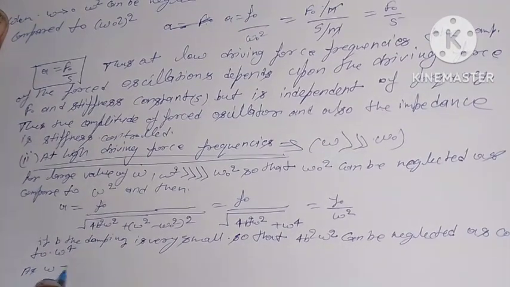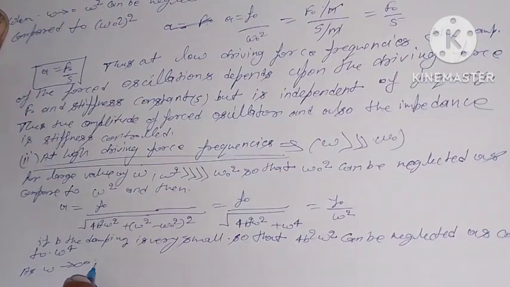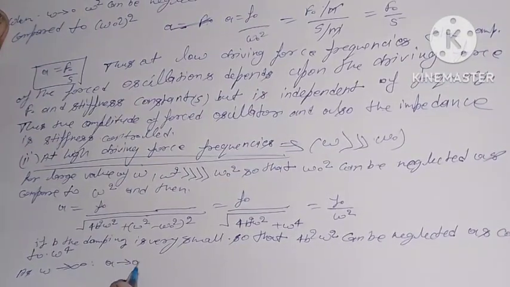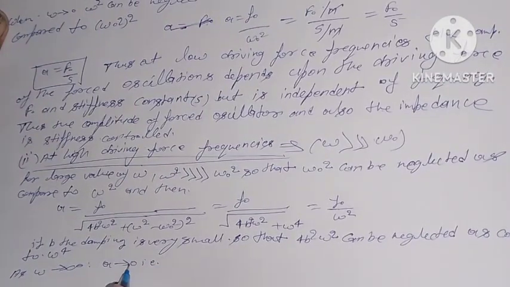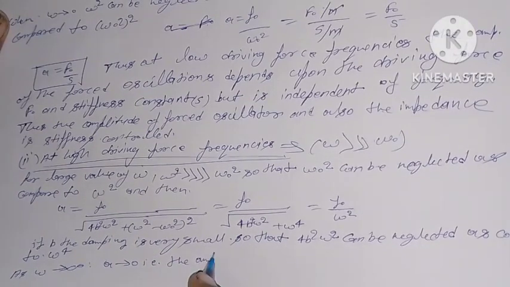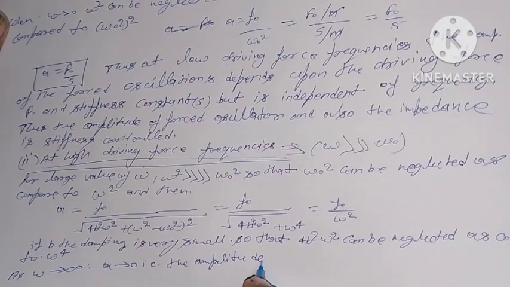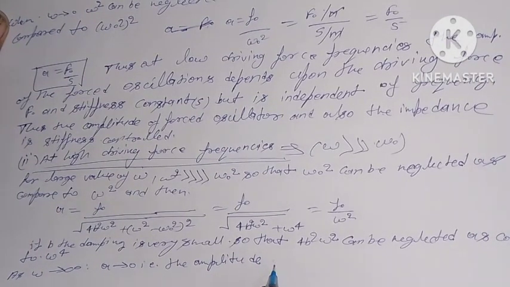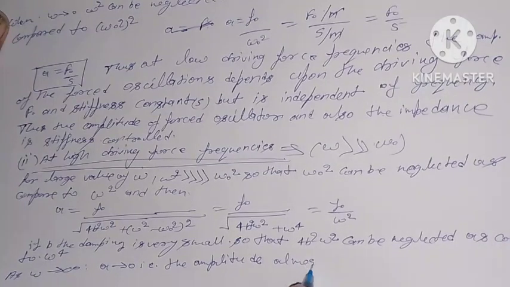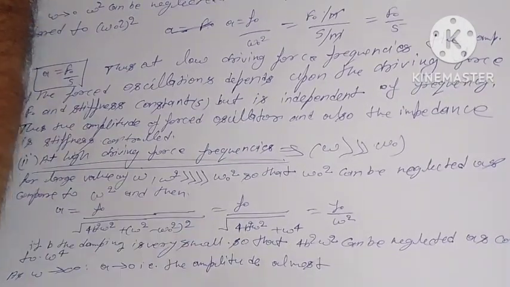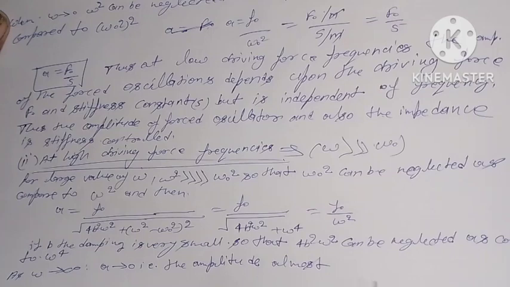As omega tends to infinity, A tends to 0, that is, the amplitude almost approaches 0